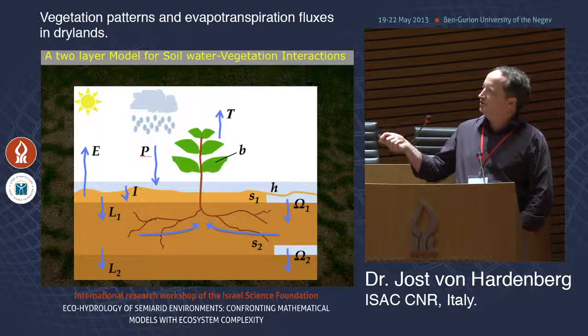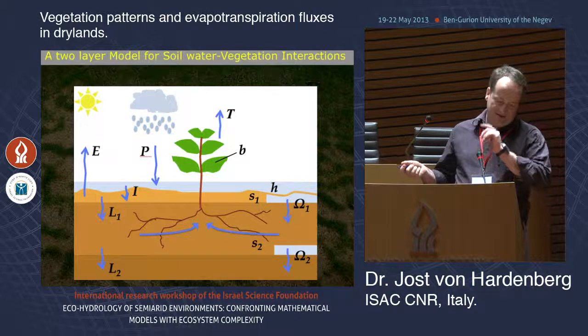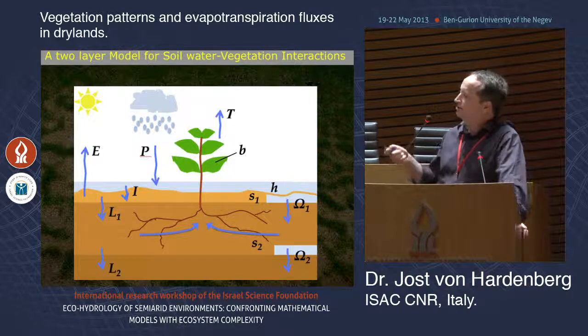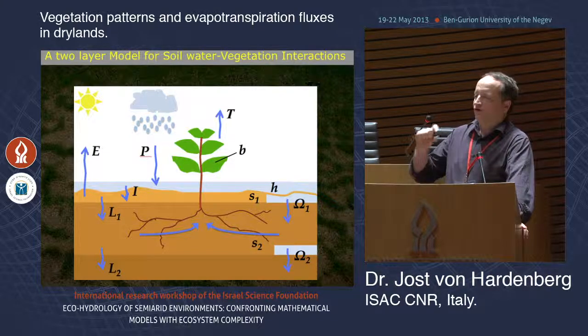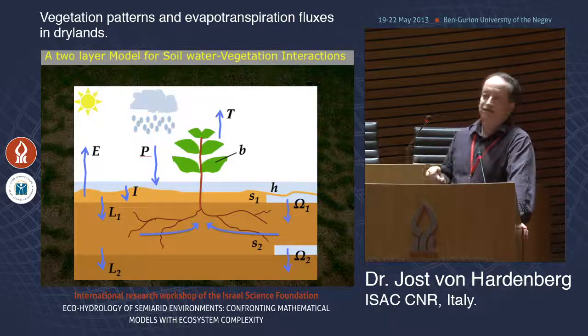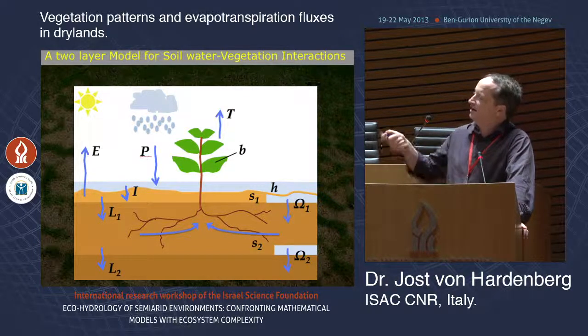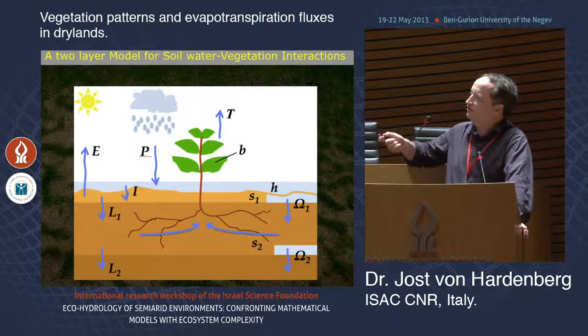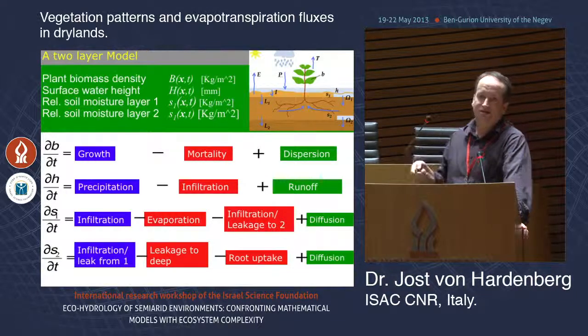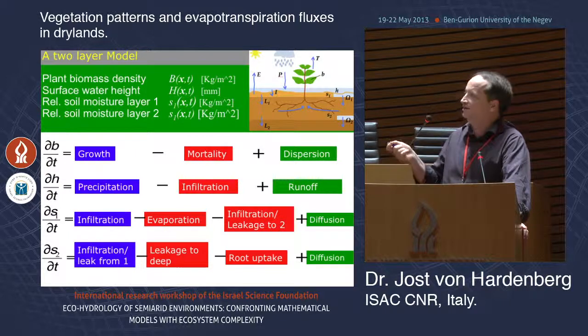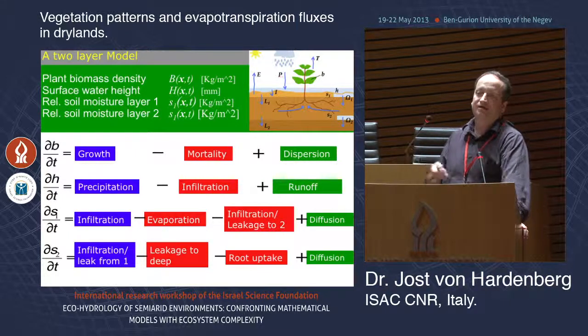So instead of having one single soil water level, we split it into two levels. We have one level which is a root zone level, and we have a thin top level of 5 or 10 centimeters. Evaporation we make occur only from this top level. Infiltration, of course, occurs first in the top level. Then if that level saturates, it moves down to the root zone level.